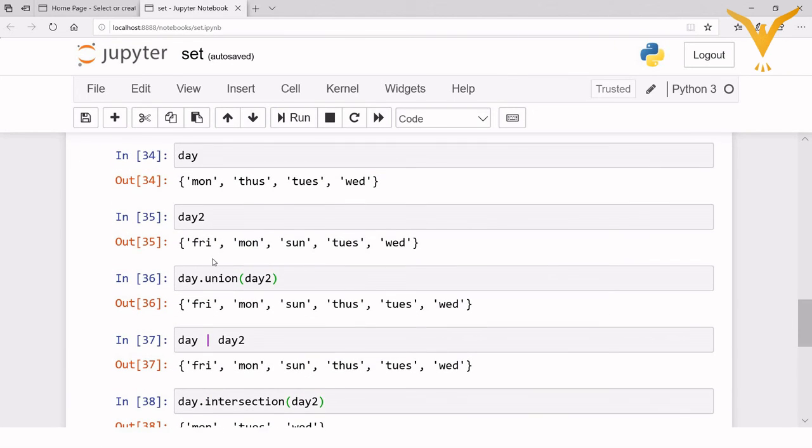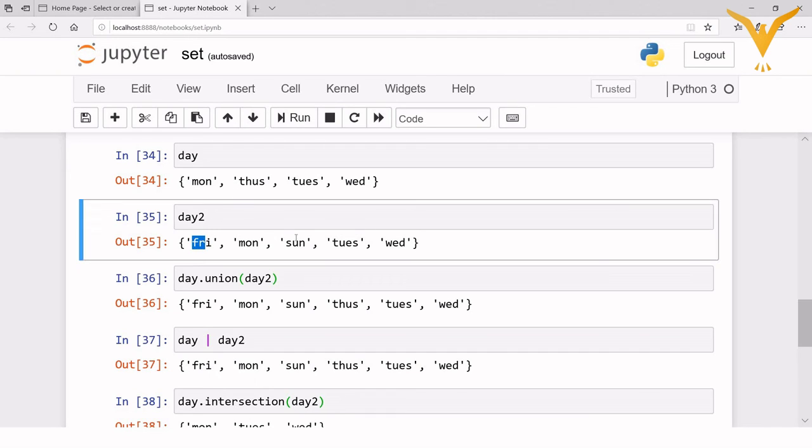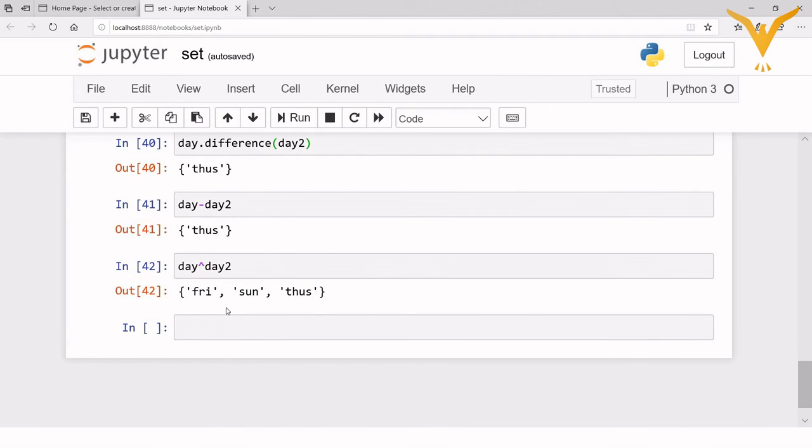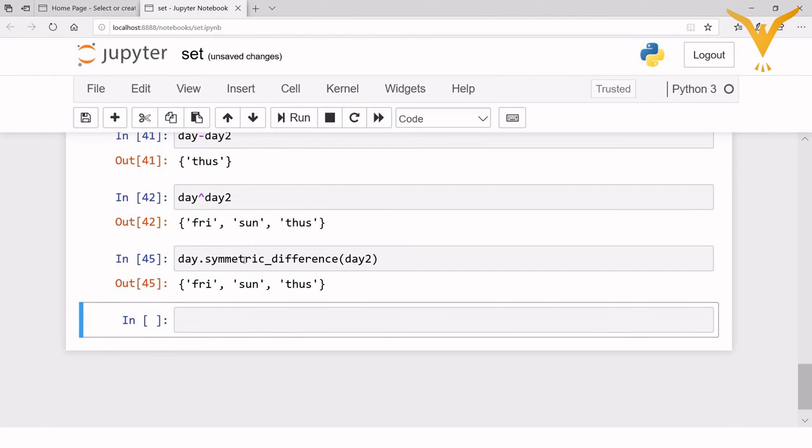The symmetric difference says that it will discard the elements which are present in both sets. So Monday is present in both the sets, so this will be discarded. Tuesday is present, Wednesday is present, so these will also be discarded. So what is left? Friday is left, Thursday is left and Sunday. So the output will be Friday, Thursday and Sunday. Clear with this?